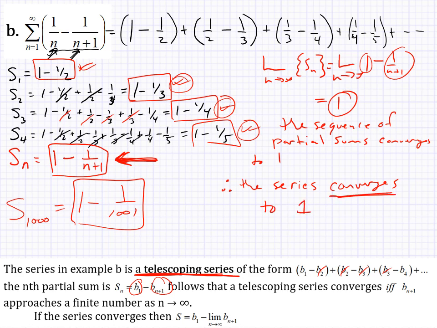So we figured out that the series is going to converge and what it converges to. That's two questions that we're answering with every single one of these infinite series. Does the series converge? And if so, what does it converge to? Sometimes we'll be able to get both of those answers, and this sequence of partial sums concept gets us both of those. As we move through the next couple of lessons, we might not be able to answer both of those questions immediately. We might be able to figure out that a series is going to converge, that the series is going to be equal to some finite value, but maybe not know exactly what that finite value is.